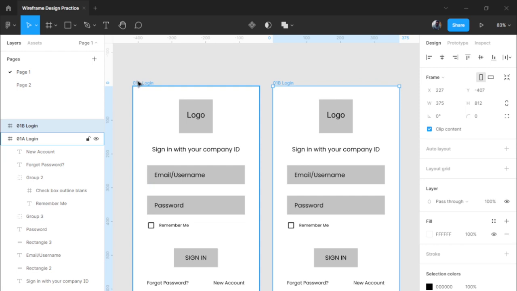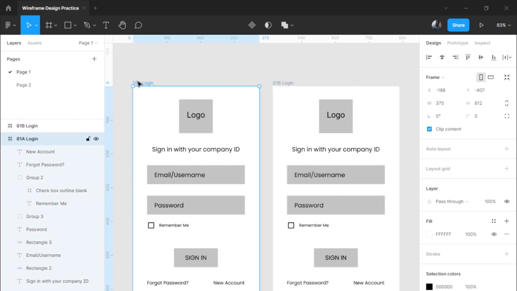Your initial artboard, click on it and then Control D. It should duplicate it to the right hand side. You've done that? Click on your first artboard and if you do Control D, it duplicates it to your right hand side. Everybody up to speed? Yes. Good. Now, the first artboard was login, basically emails, sign in with your company ID, email or username, password, remember